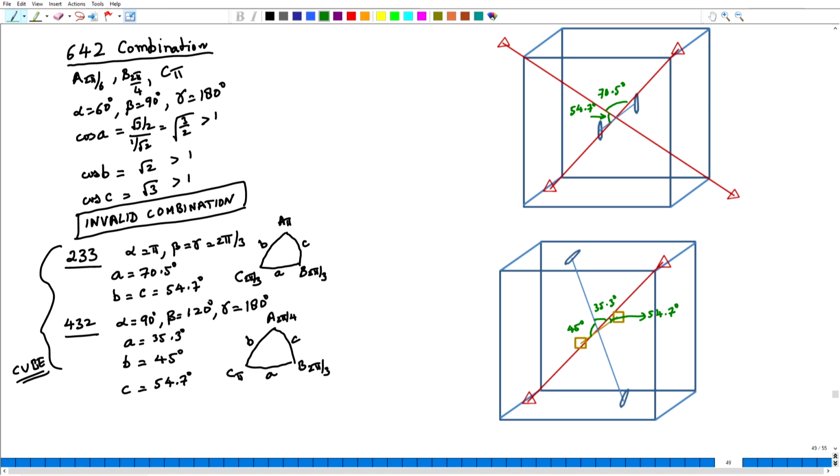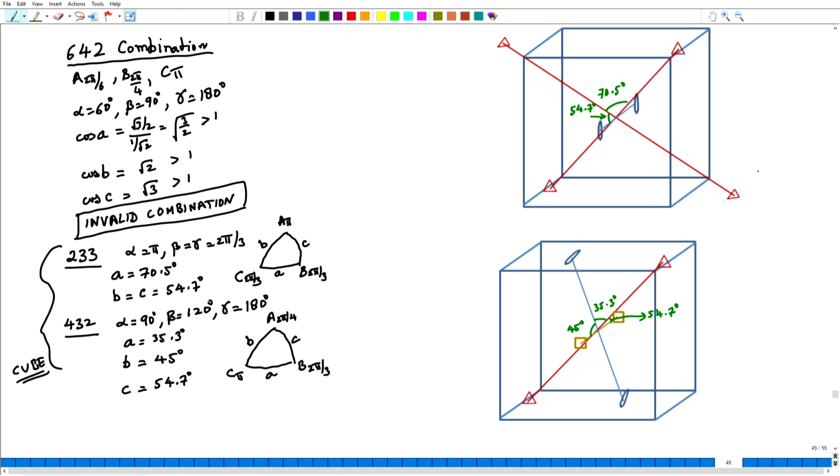Now, we can let these axes operate over each other. So, for example, the three-fold will bring the two folds along different edges, and there will be a three-fold along all the body diagonals. Similarly, in the case of 4-3-2, when we let one rotation axis operate over the other, I will have four folds parallel to all the cell edges, again three-fold along the body diagonals, and two folds joining the midpoints of all pairs of opposite edges.